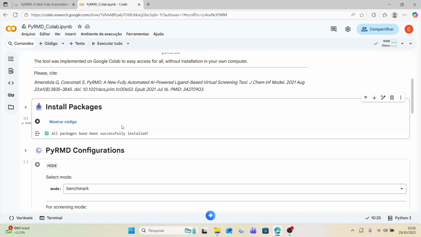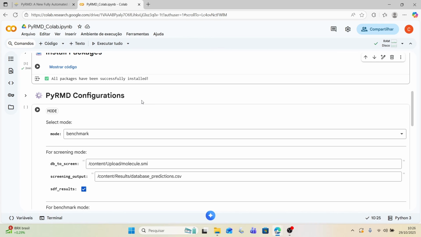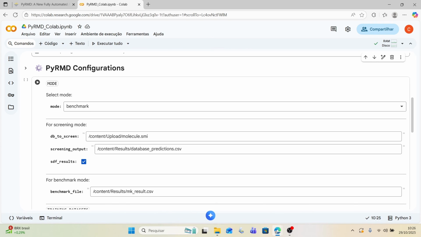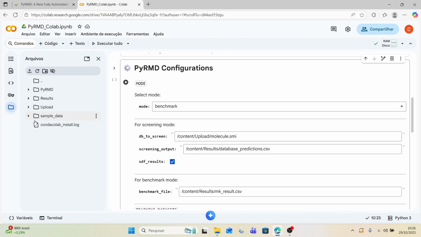The packages have been installed. Now we just need to do the configurations of PyRMD. As I said at the start of the video, we have two modes. The first example is benchmark mode, so just select the benchmark, and we need to upload our files in the directory